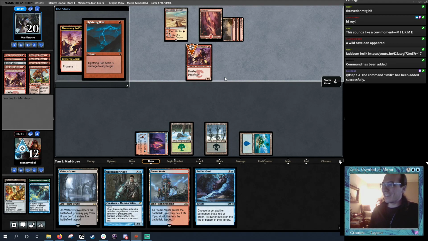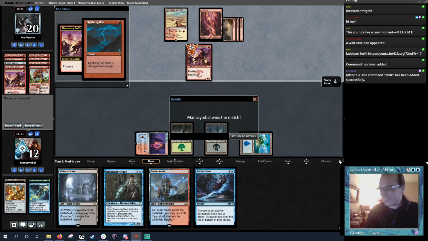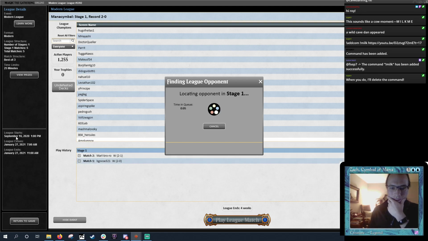All right, thanks, Roy. And then I'll try to... I think I already ripped it. I think I just need to add it to my soundboard. An opponent says that's kind of lucky, GG's. Oh, yeah. Oh, yeah. It's magic. All right. 2-0. Better than my league last night. When you do, I'll delete the command. Yeah, that's the plan. Until then, we'll just go with...